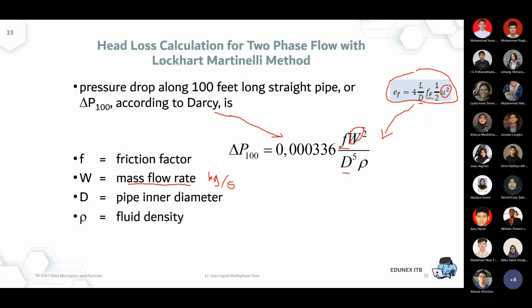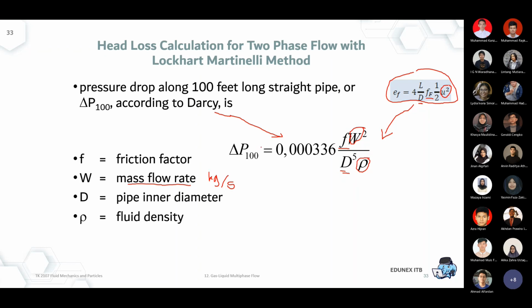That means, of course, it will be converted using the area of the pipeline and the density. So that's why now you have a rho over here to convert from meter per second, and then multiply by the d square, it becomes cubic meter per second, the debit, and then from the cubic meter per second, it's multiplied by the rho. Now it becomes the kilogram per second proposed by Darcy.